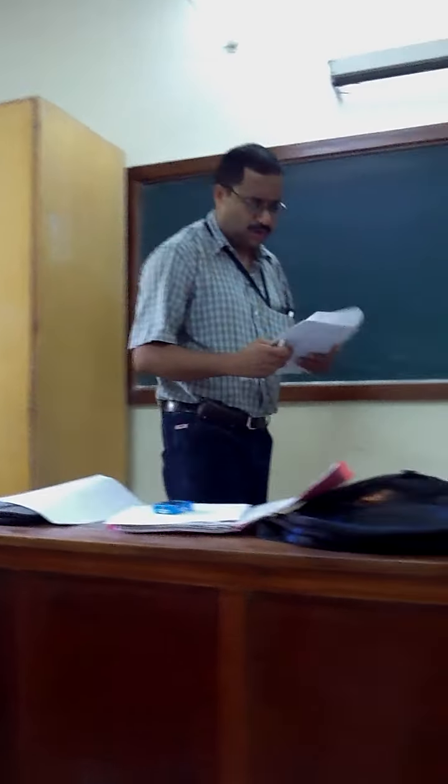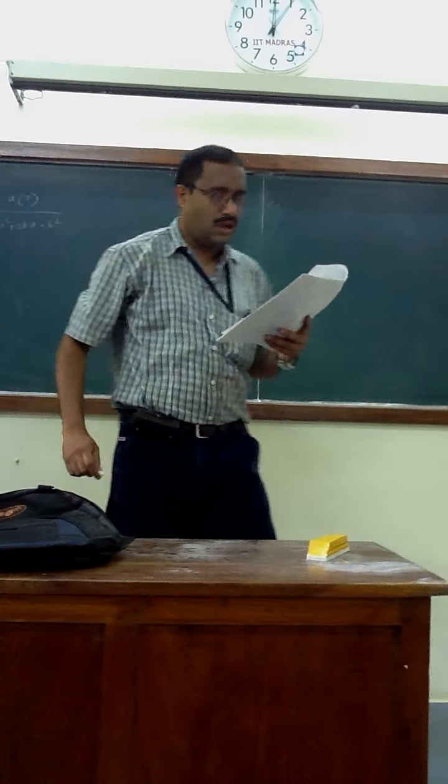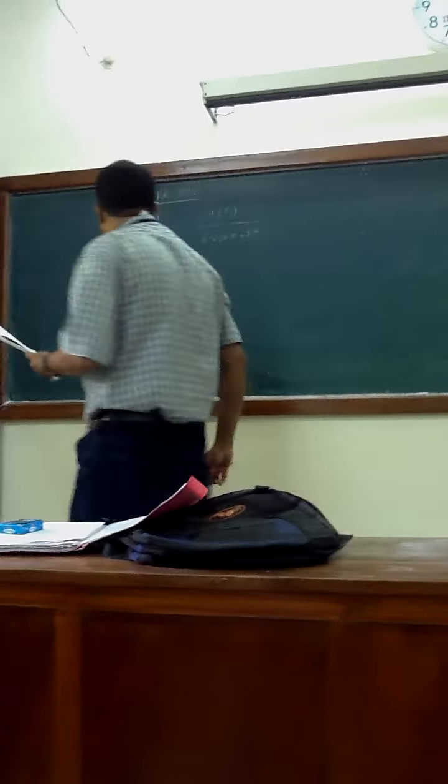So I asked you to do the departure for the Peng-Robinson equation of state, and the Peng-Robinson is P equals RT by V minus B minus A(T) divided by V square plus 2BV minus B square. It is the PR EOS, Peng-Robinson equation of state, and A(T) equals A_C times